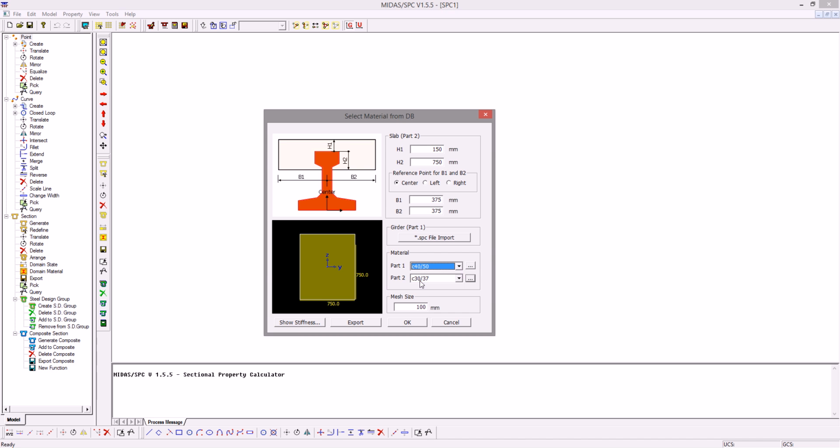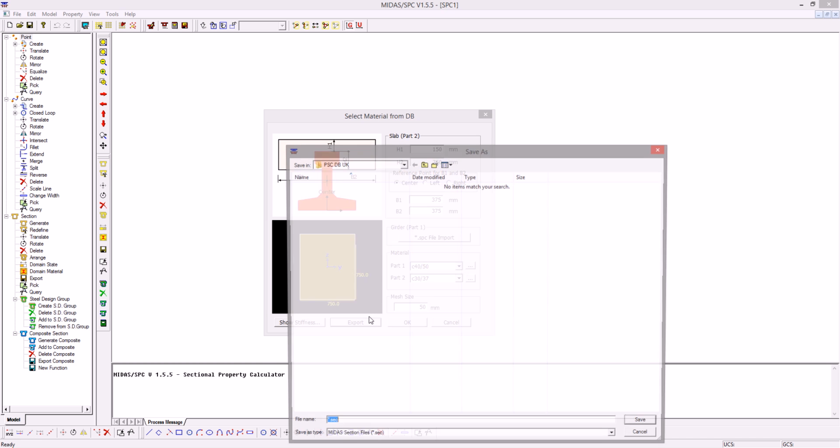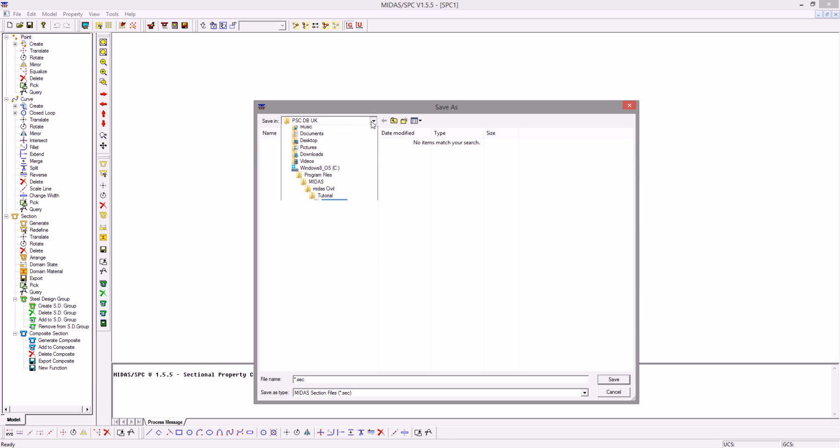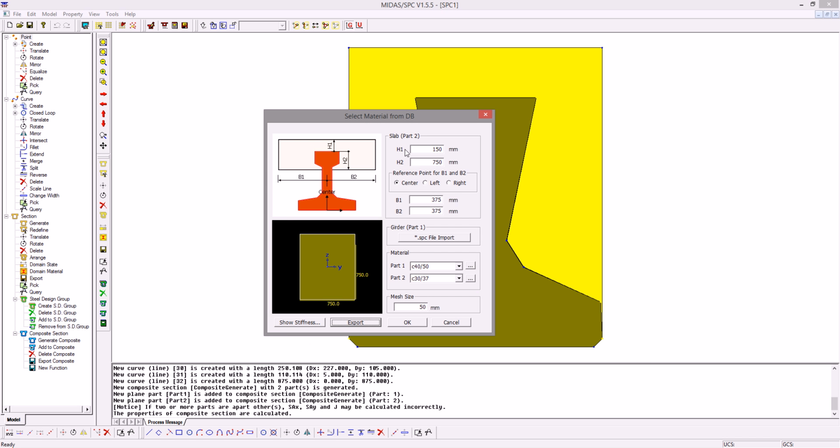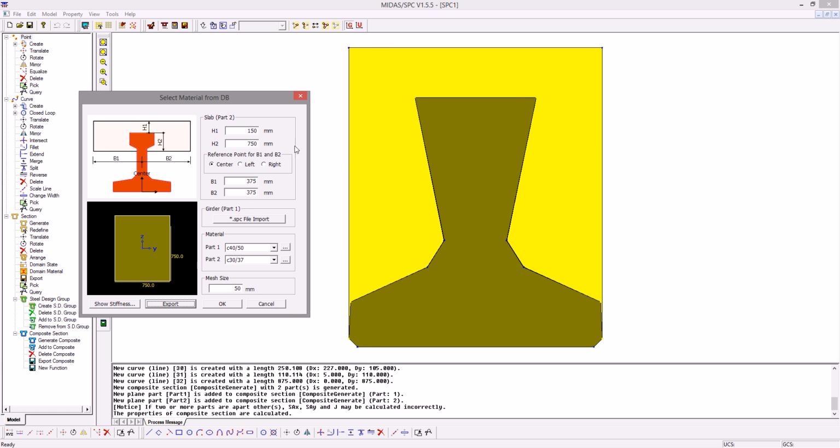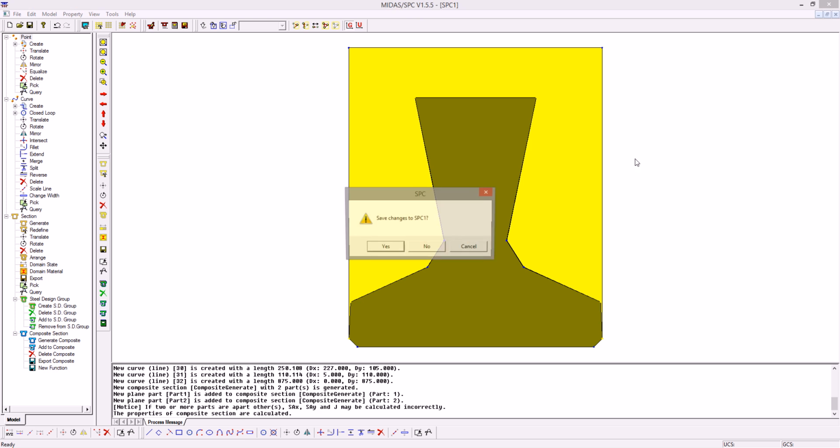I can simply assign the C4050 grade to the beam, which is part 1, and for part 2 I will keep C3037. Here we can change the mesh size, and we just have to export the section, give it a name, 8, and save. And now the section has been created with the section properties, and now we can just simply close this,